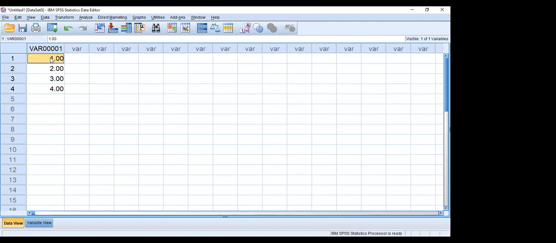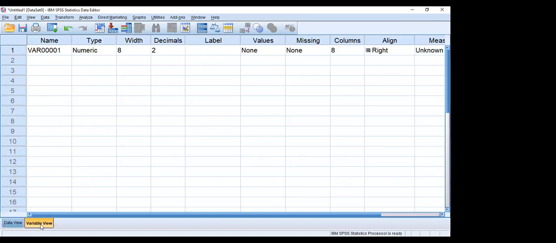So in order to name the variables, you have to go to this pane, Variable View. This variable view is mainly related to the information about the variables. So the first variable entered is serial number. So you can change it. Because if you did not give a name like this, the SPSS software gives a new name on its own, VR001, VR002. Okay, this is the name of the variable.